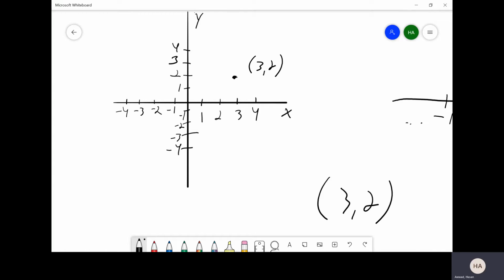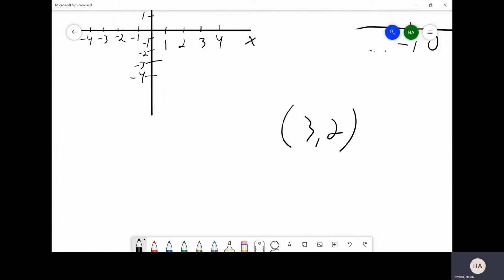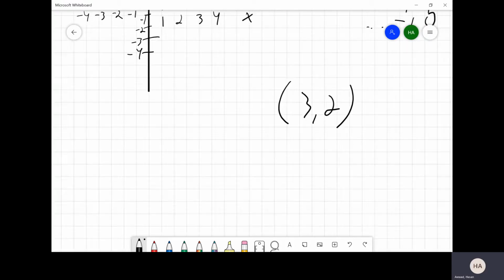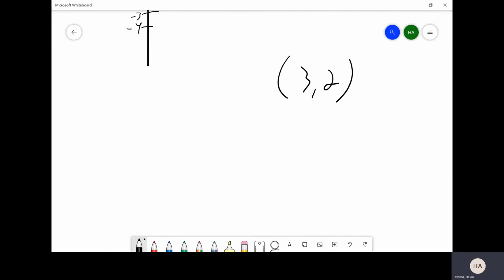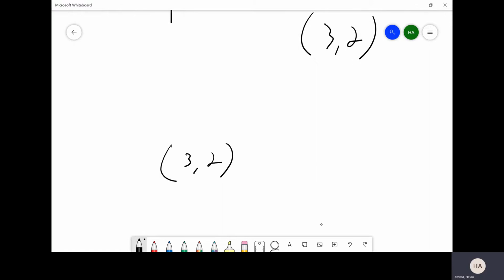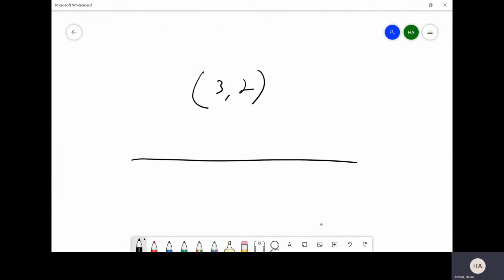Just realize that x is always going to come first. So when you're reading an ordered pair, your x-axis is the first value, your y-axis is the second value. Okay, please try not to confuse yourself. We've obviously seen things with similar notations. We've seen (3, 2), for example, as a notation for an interval. And what do I mean by that? Well, an interval being like, okay, if we're starting at 3,